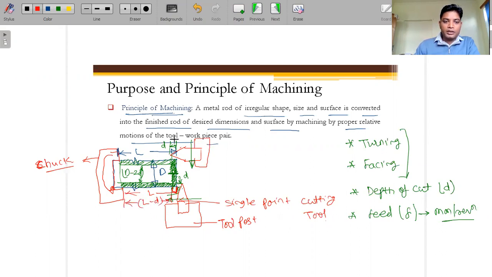Okay, because the depth of cut, small d, you have maintained. Okay, you have removed from the facing. So this is the turning operation, and this is the facing operation, right? So now